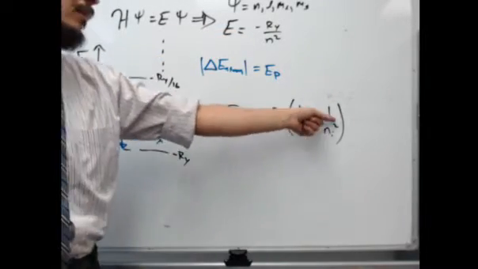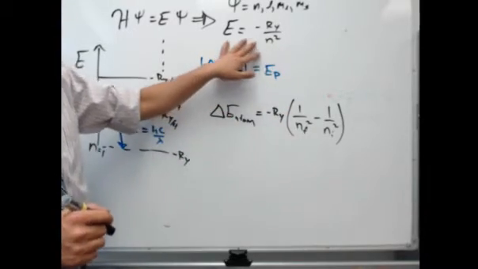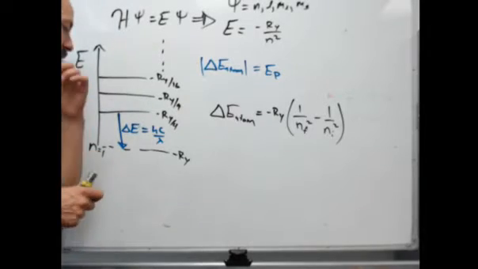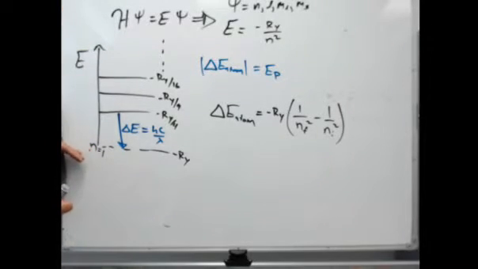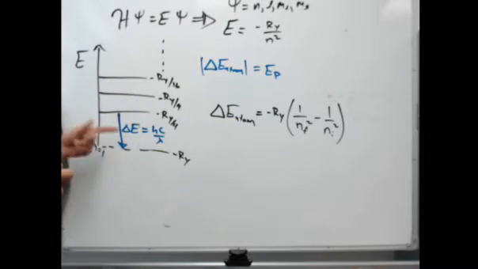I could put this negative Rydberg constant through, have negative Rydberg over n final squared, the energy of the final state, minus the energy of the initial state. Because the way that this goes, the final state is always going to have a bigger negative energy than the initial state. So if I'm looking at emission, that is to say when I'm going down,